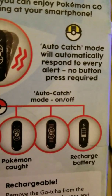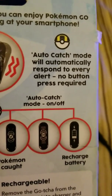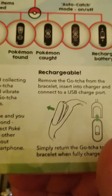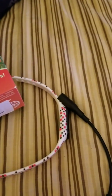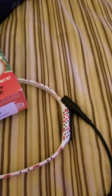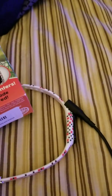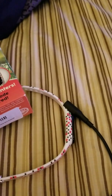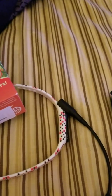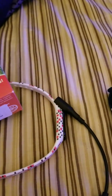Oh wow, I didn't even realize it has that rechargeable battery screen. You have to go onto codejunkies.com and download it. You can either do it from your computer or from your phone. I downloaded it to my phone just in case I forget or I see a screen that I don't really know, because there's a lot of different